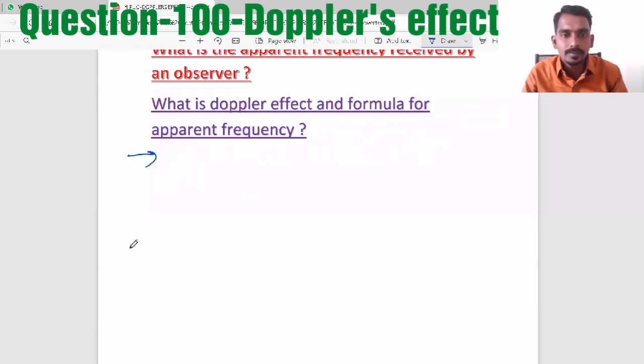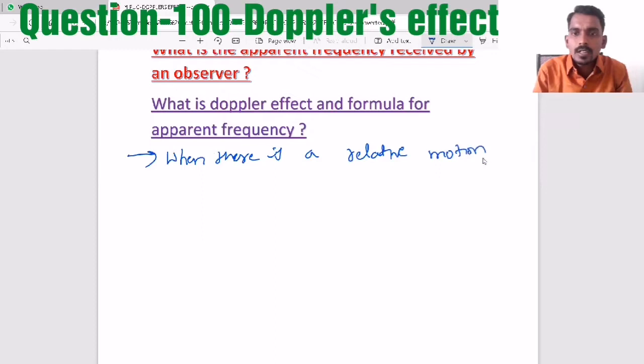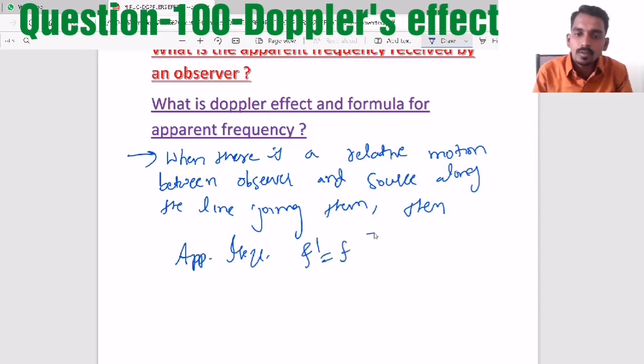When you consider the Doppler effect, the very first thing is when there is a relative motion between observer and source along the line joining them, then the apparent frequency received by the observer is f dash equal to f into v plus or minus v naught